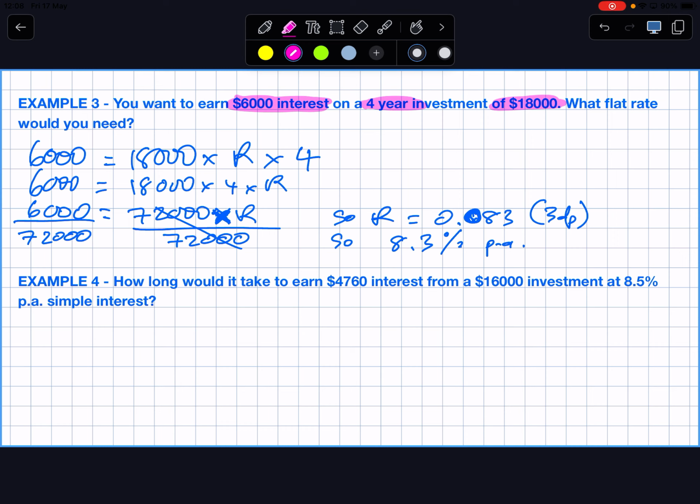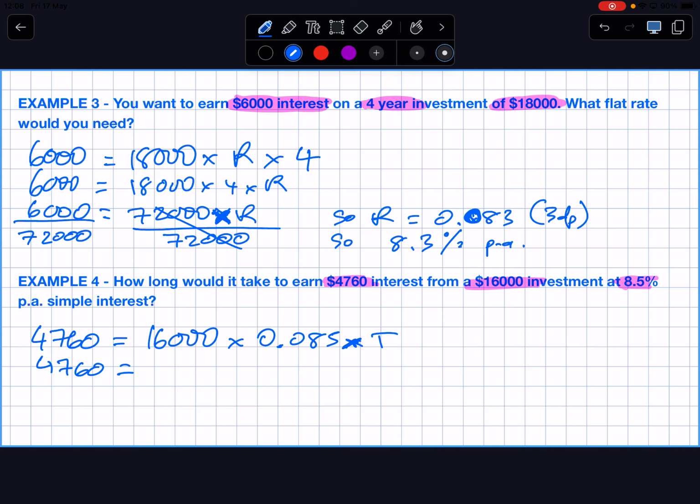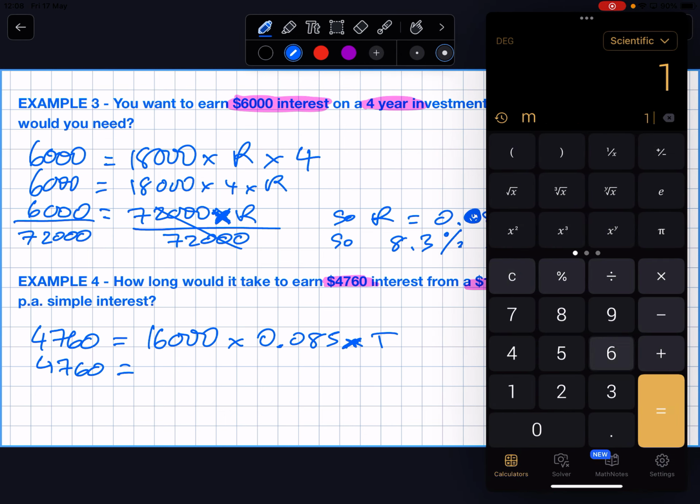How long would it take to earn 4760 interest? So we're looking for T this time. I invested 16,000 and the rate is 8.5% per annum, simple interest. So SI is 4760. The principal is 16,000. The rate, 8.5% as a decimal, is 0.085, times by T, which I don't know. T is the time in years. Nothing stopping me working out what 16,000 times by 0.085 is. 16,000 times by 0.085,